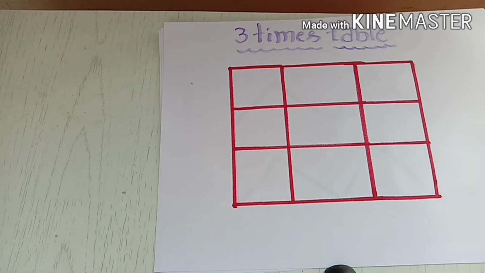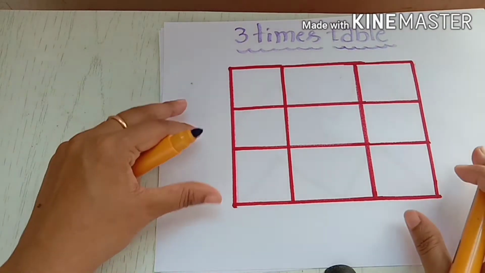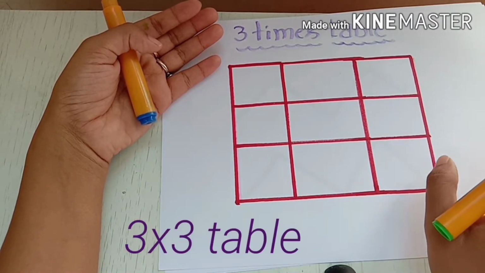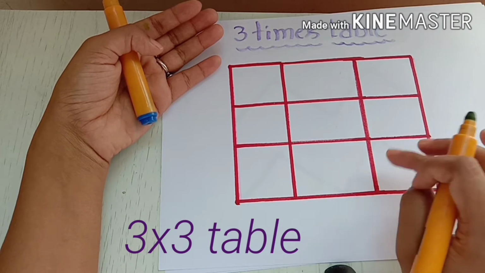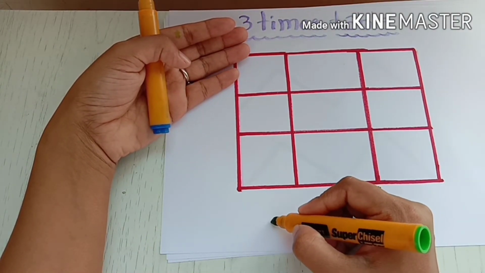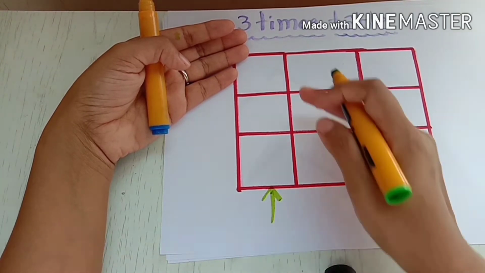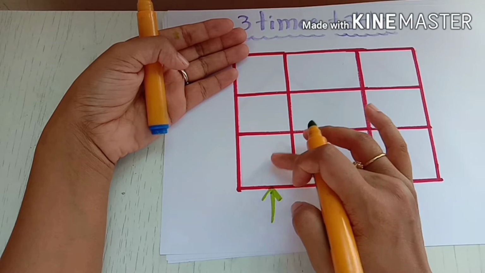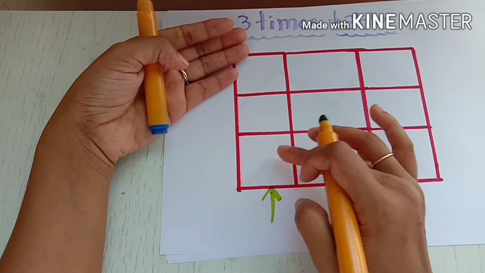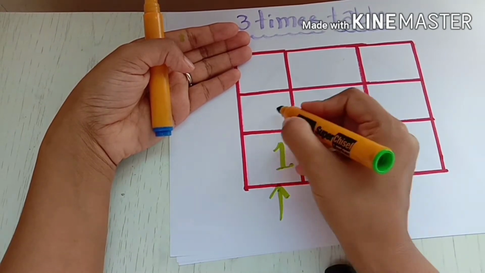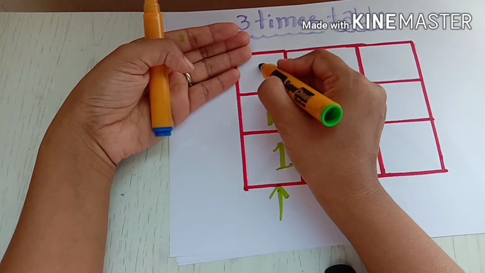Yes, for the 3 times table, I need a table of 3 cross 3. That is, the number of rows is 3 and the number of columns is 3. Now I am going to start from the first column and the last row, the last cell. From here I have to write down the numbers 1, 2, 3,